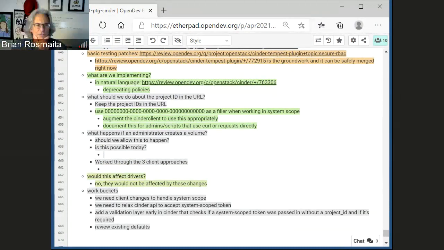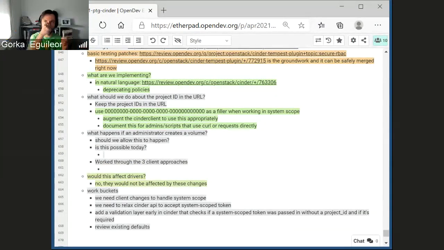I think the default volume types are the only ones defined to have no project ID in the URL. Yeah, they are probably the only, well, no, we have others. For example, get pools.